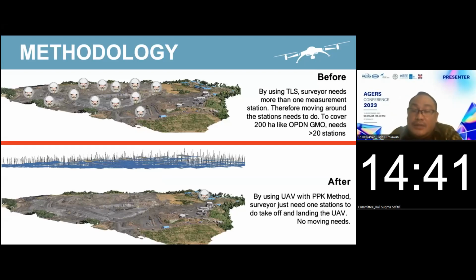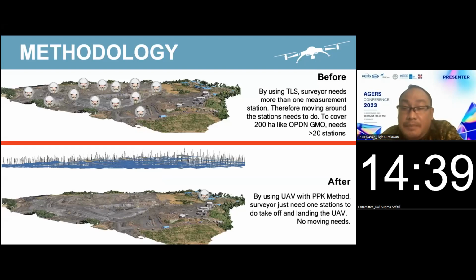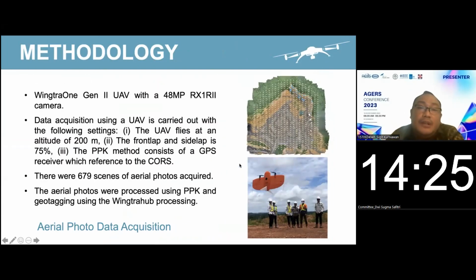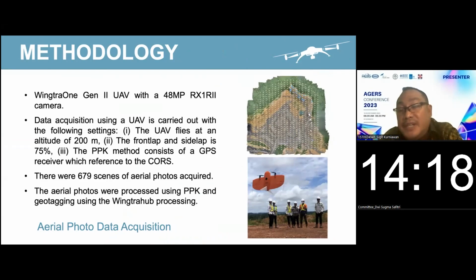But now we are using UAV with the PPK method. The surveyor just needs one station to do takeoff and landing of the UAV. That means no moving is needed. We are using the Wing Cawan Gen 2 UAV with a 48 megapixel camera for data acquisition. The UAV flies at an altitude of 200 meters, and the front lap and side lap is